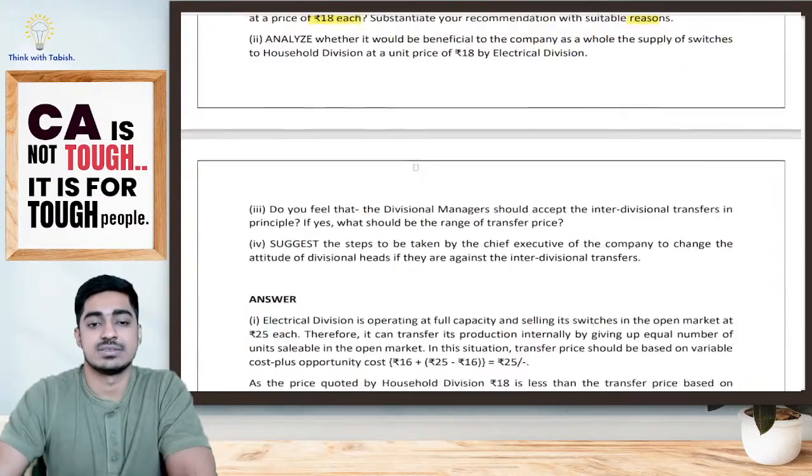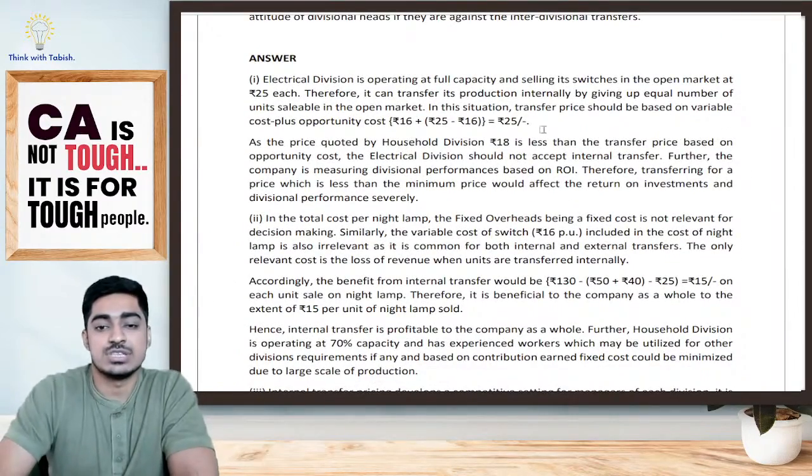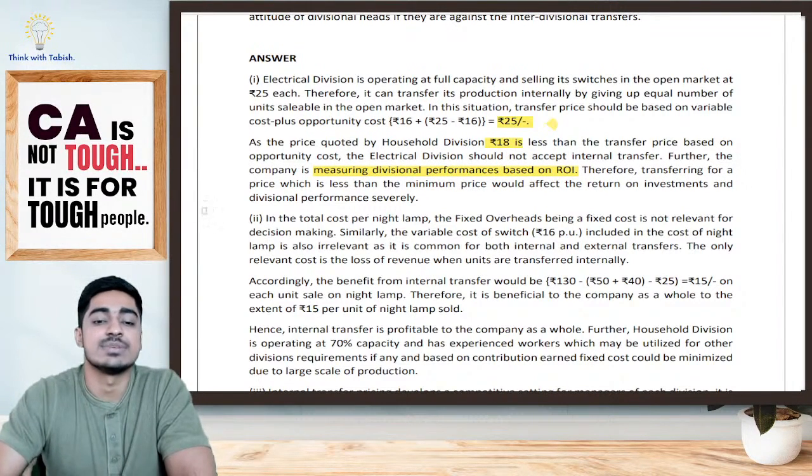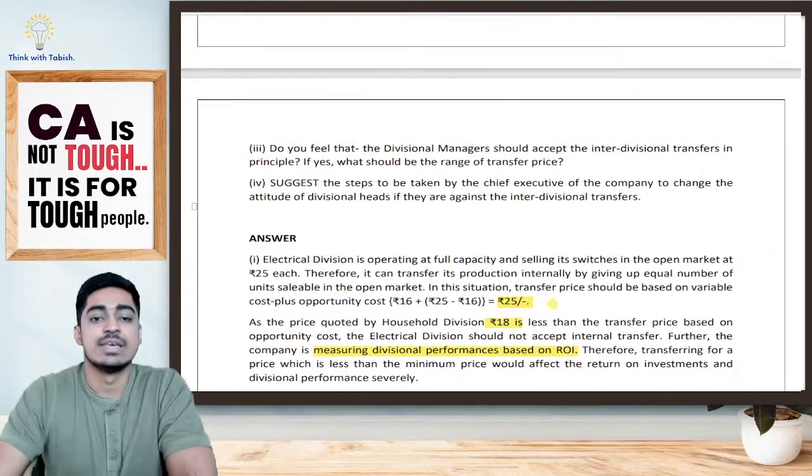Okay, yes, so the selling price is 25. If it is 18, no. Yes, it is based on ROI, so it will not transfer, it will not accept, is what the first point is telling. Second point,